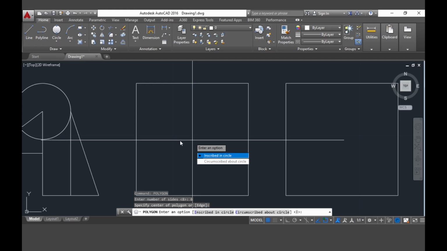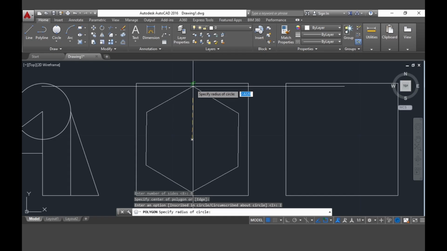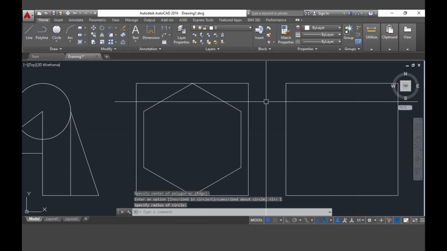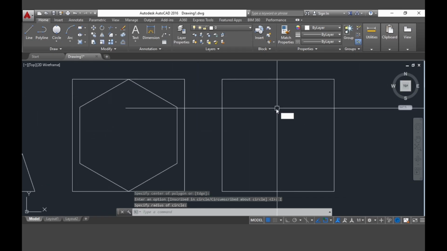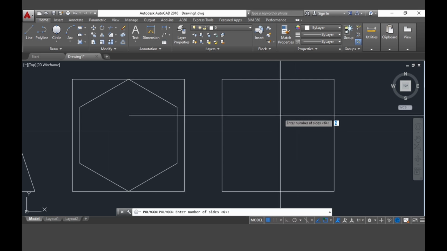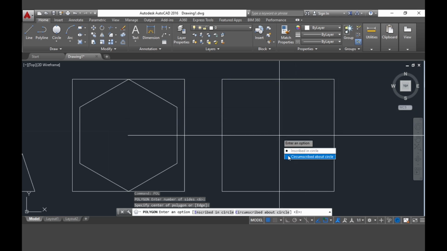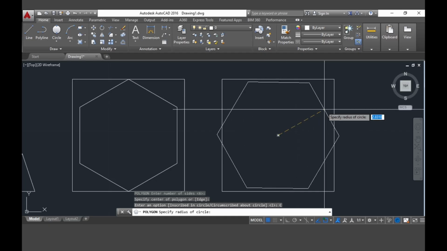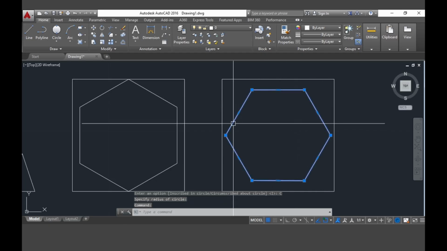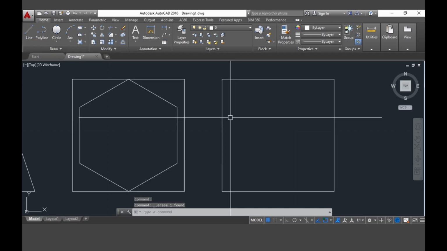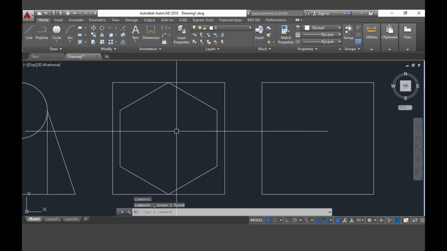And then after that, we will be asked if the polygon we are creating is an inscribe or circumscribe. Based on what we've seen in the figure, it is an inscribe polygon. Therefore, it should look like this. Because having a polygon that is circumscribed looks like this. Therefore, this one is not the one that we need. So going back,